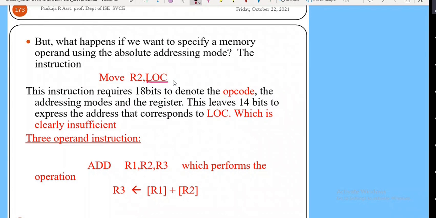Ma'am, can you let us go for a break? At 12 we have SC class. Yes, yes. So just 1 minute, I'll just end the